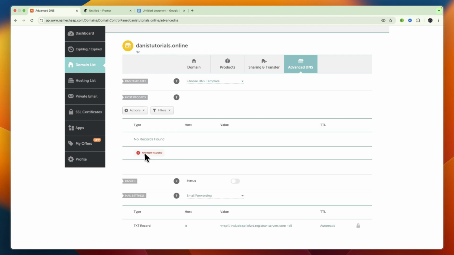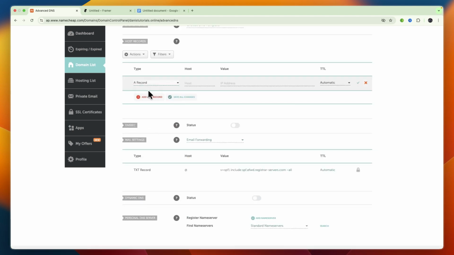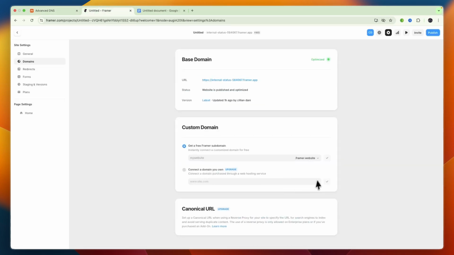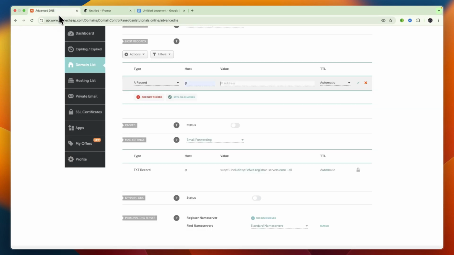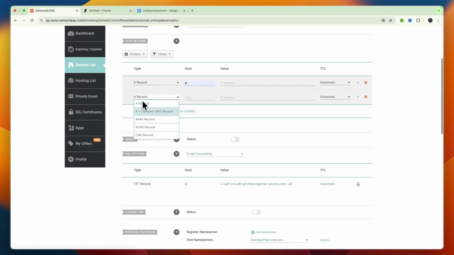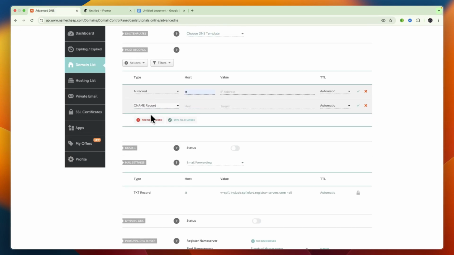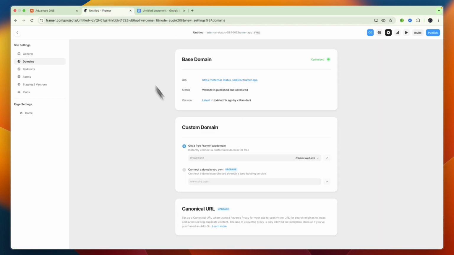And then first go and click add new record and just add an A record. And then here for host you want to enter this icon, and then they will provide you with an IP address when you are trying to connect it. And then you also want to go to add new record and add a CNAME record. Here you want to enter www, and then they will also provide a target for you. Now this you can just set to automatic, and after entering the IP address and target that Framer gives you,